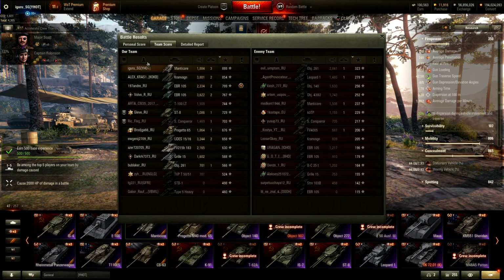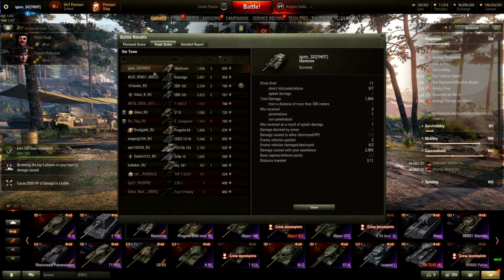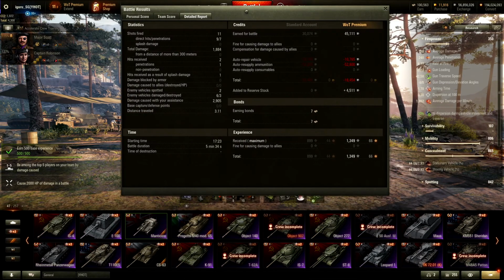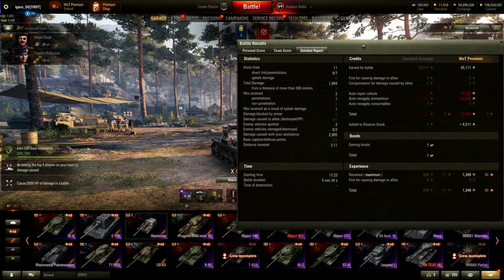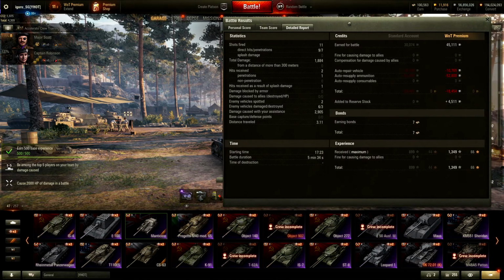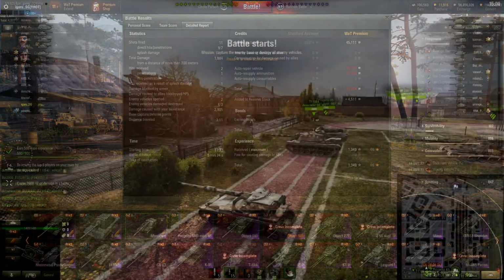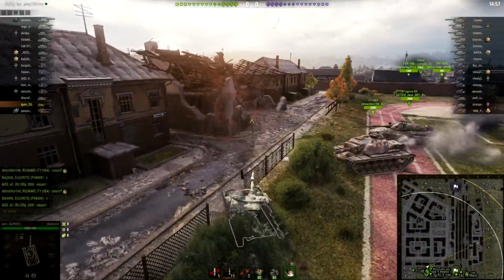A second class in this game, I got about 2.9 spotting there. That was totally from the 60 TP and the STRV, I suppose, but it wasn't because of the commander's vision system, that's for sure. Now in the second game, we're going to play in Ensk, and Ensk is definitely not